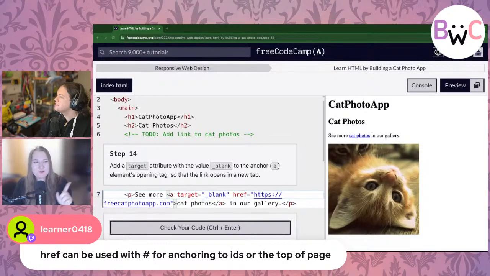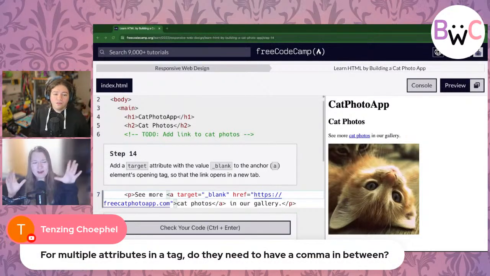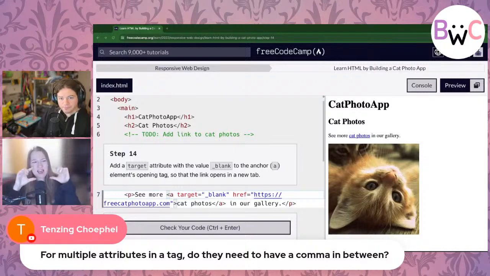And Tenzing's got a good question while you're getting this. Later on, we'll learn how to make links that navigate us to different IDs, different parts of a page. Tenzing's asking, if I've got an element, so remember a tag is usually half of an element, a link element, if it's got multiple attributes like it does here, the target attribute and the href attribute, do we need to have a comma between them?